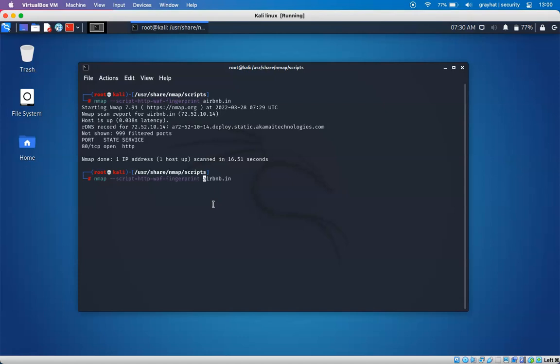So I'm going to use the script arguments in this case here. So --script-args equals http-waf. Alright, so this is not a dot, this is a minus, waf, then again fingerprint, and this time I'm going to use intensive. So intensive in this way equals 1, and now this is going to scan for the firewalls